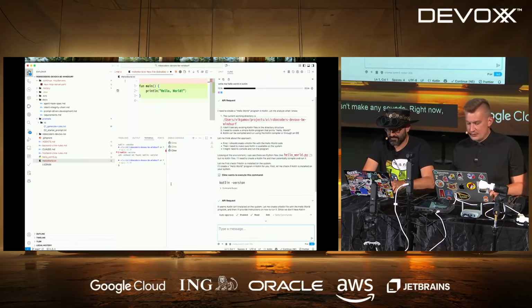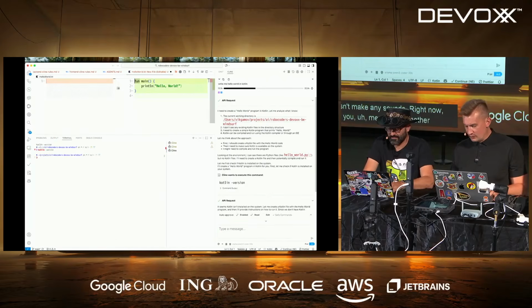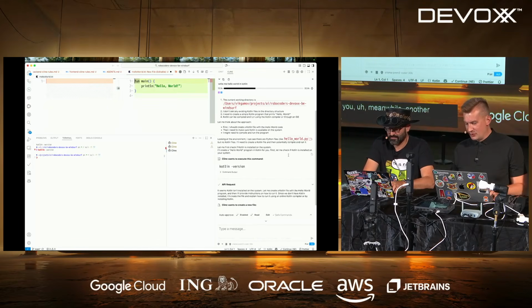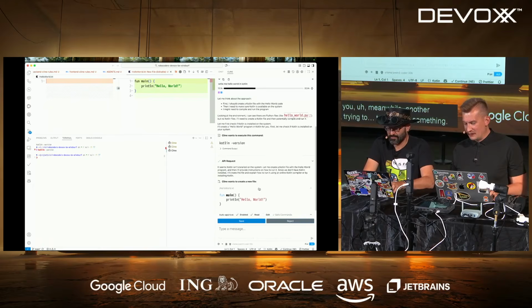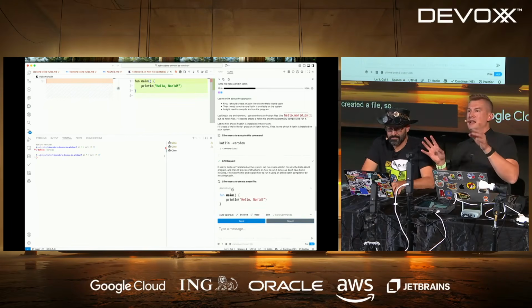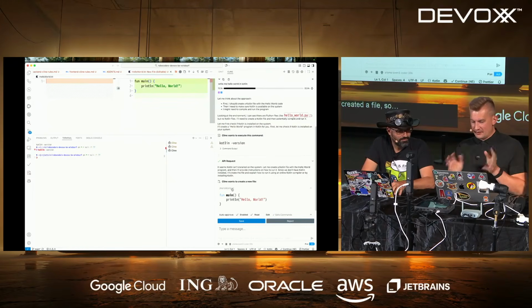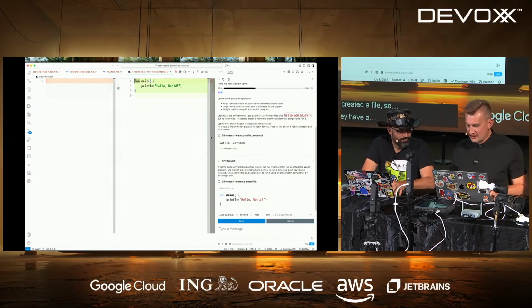Meanwhile, to show you another agent that also works with a local model: it's trying to do something, it wants to create a file, and it has also created a file. So two tools, Cline and Continue, have the ability to do this.